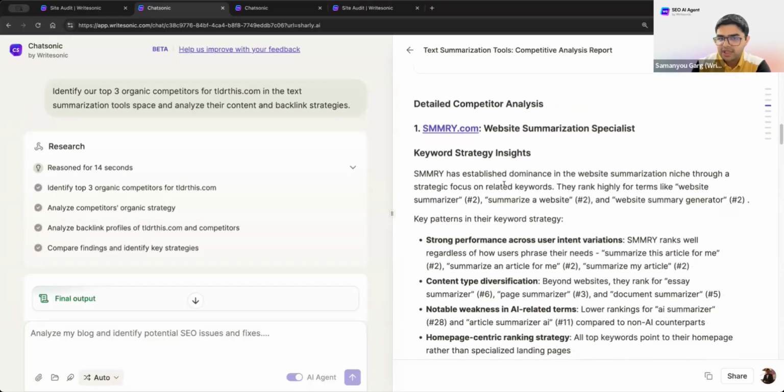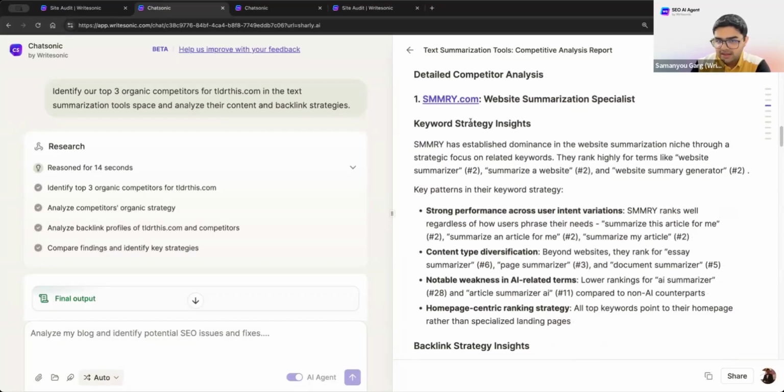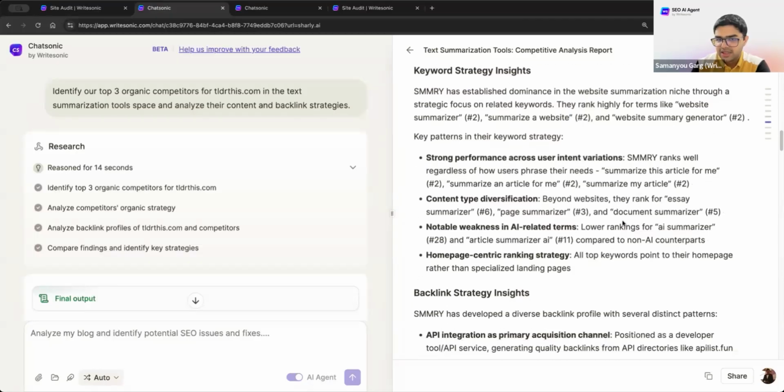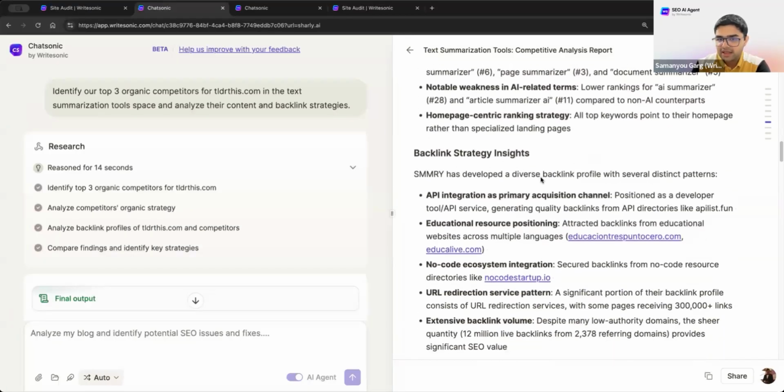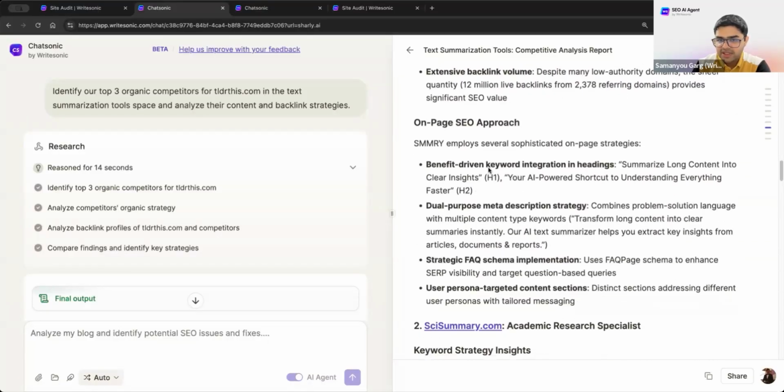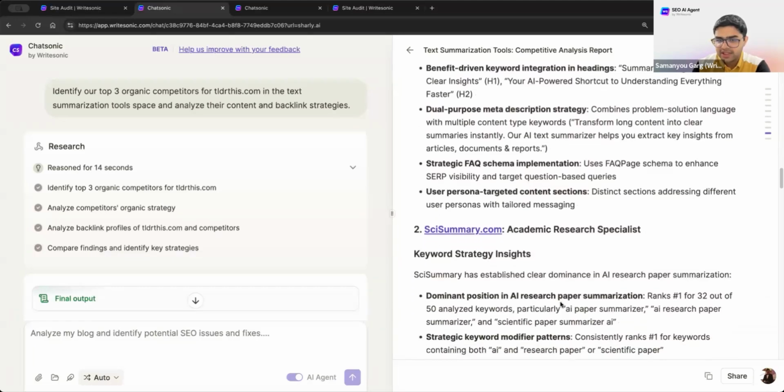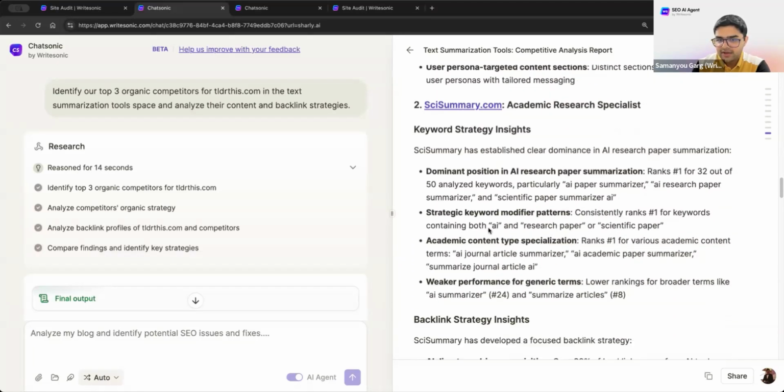Then for each of those competitors, it analyzed, like, this SMMRY ranks highly for terms like website summarizer, summarize a website, position 2 for both of these, website summary generator, then analyzes some patterns in their keyword strategy. So ranks well regardless of how users phrase their needs, all of this. And then similarly, backlink strategy analysis it has also done. And then on-page SEO approach, a couple of different points it has mentioned. Same for this saisummary.com,